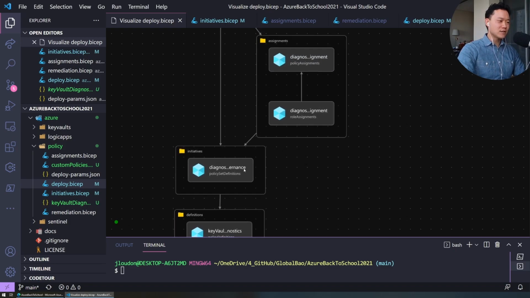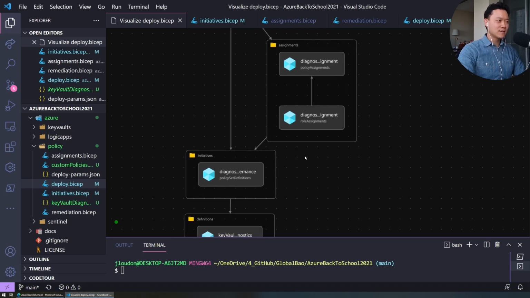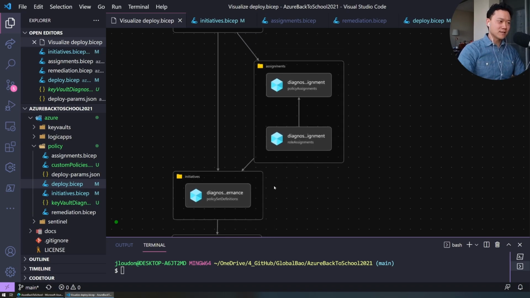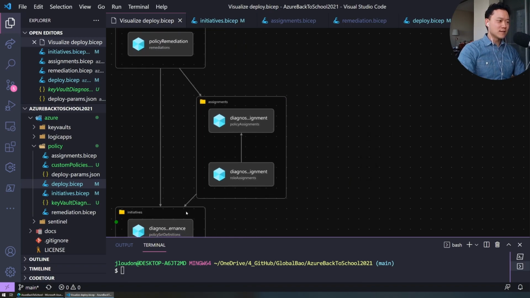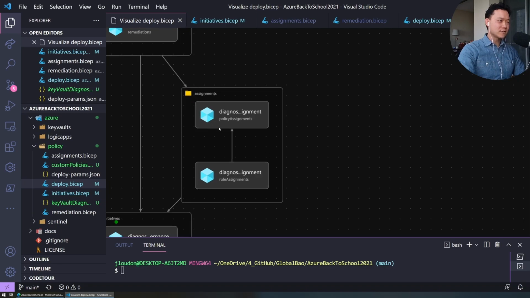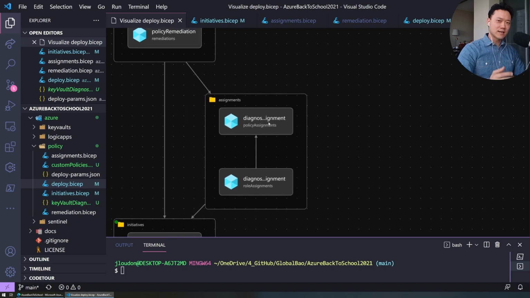That's linked to my initiative, and an initiative is basically a grouping of common policies that you then assign to your environment. Another way to think of an initiative is as a policy set. Now, those initiatives are linked to an assignment module, and the assignment is going to create the assignment at subscription